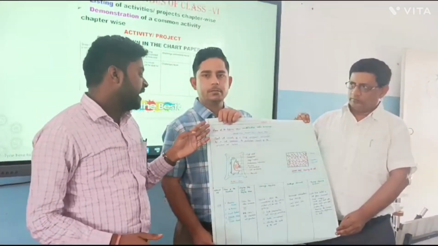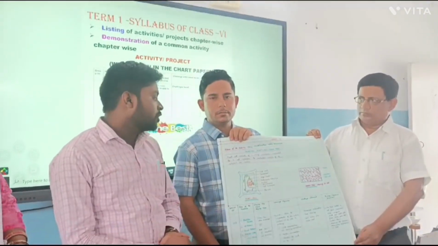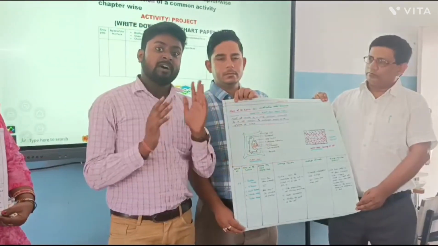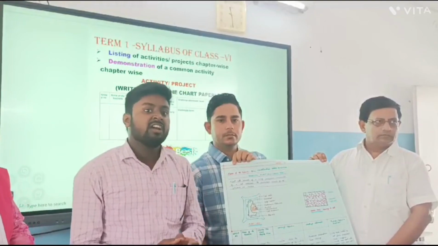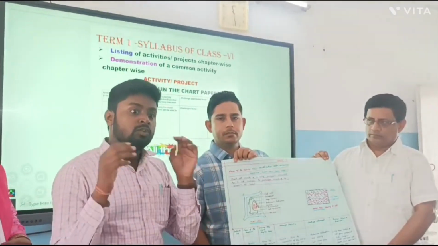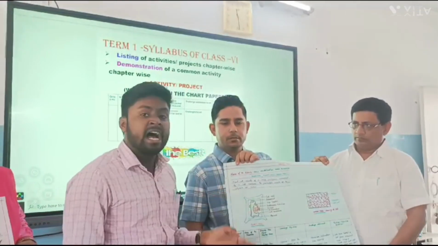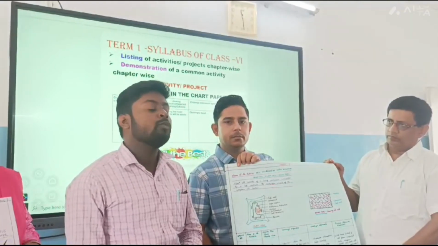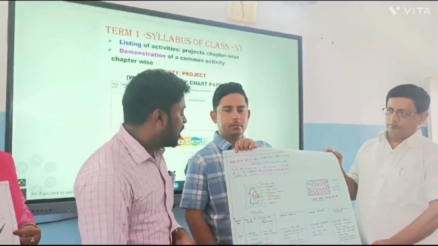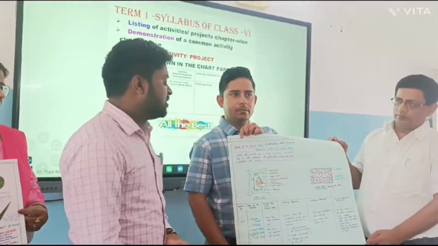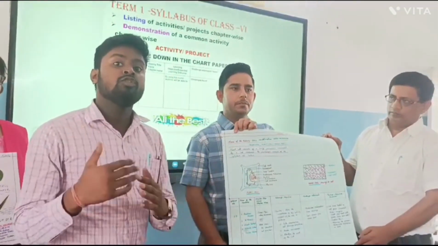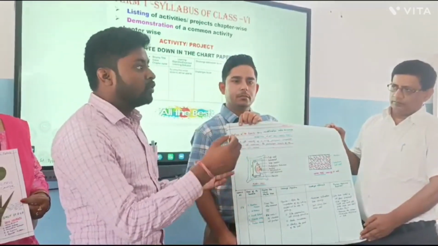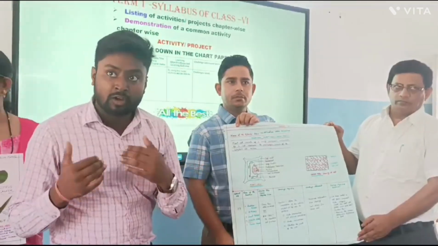Hello, my group ma'am assigned another topic for the activity: cell structure and its function. In cell structure and function, there are several activities. The first, important and common activity is identification of different plant cells using microscopes. For this, we have performed an activity for the identification of plant cells in a microscope with the help of onion peel. The objective of this activity is to learn how to prepare a slide, how to stain the isolated onion peel, and how to use a microscope.